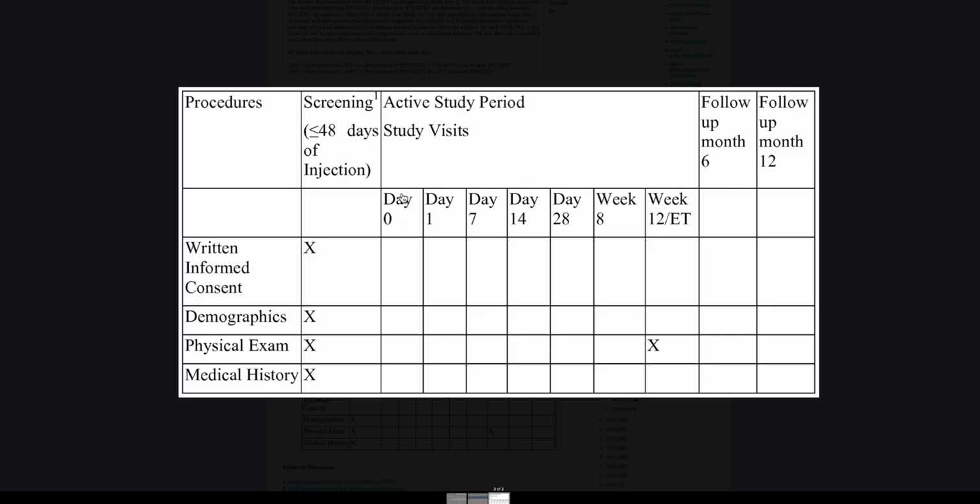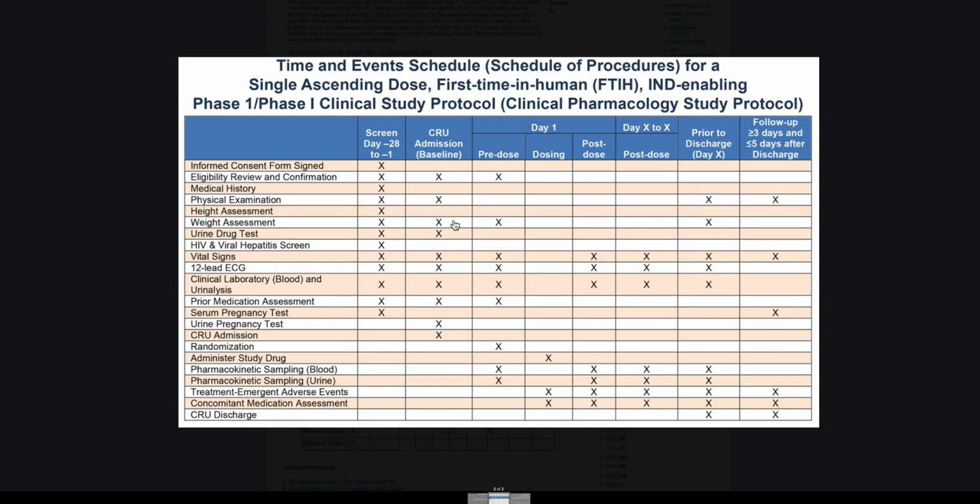So let me see if I can go back to what I have. Okay, perfect. We have it here. I'm not going to touch it anymore. So here, what you can see is that we have different days. Day 1, and here we have day 2, day 3, day 4, and as you see here, we are not having all of the tests at each visit. Each day in a visit is going to have a specific test. And again, who is managing that? CRAs, or of course clinical research